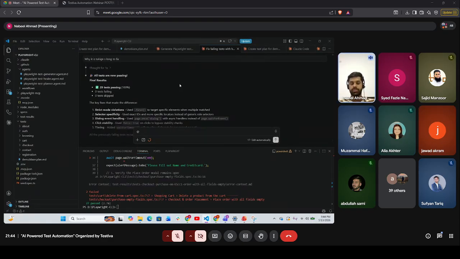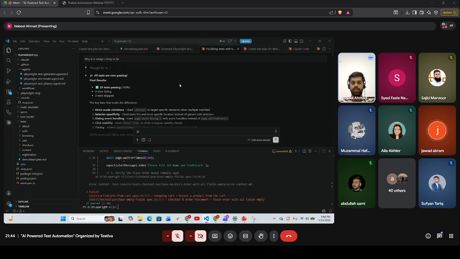Jawad, this is very basic. If you want to set it up, you could go through the guide provided on the Playwright official site, and there are a few basic one-line commands that you need to run that will install the Playwright MCP. By just running the command in the terminal, it will automatically set up the Playwright MCP for you. You do not need to create anything manually by yourself.